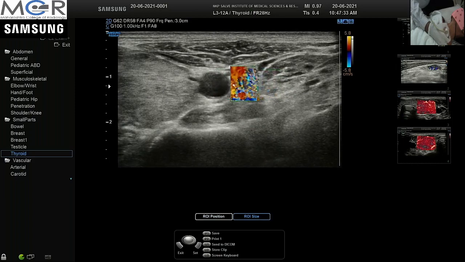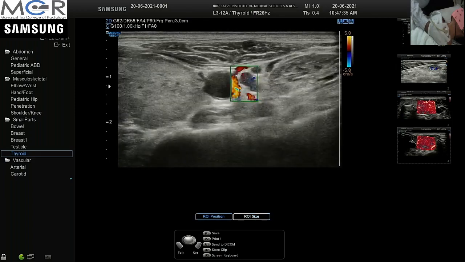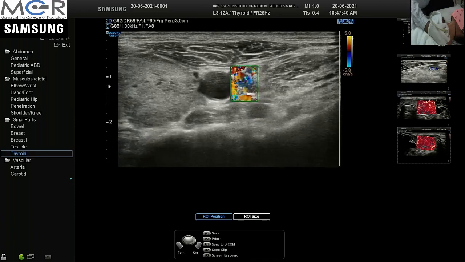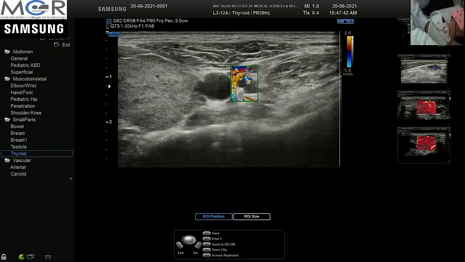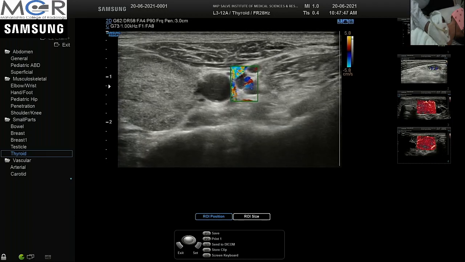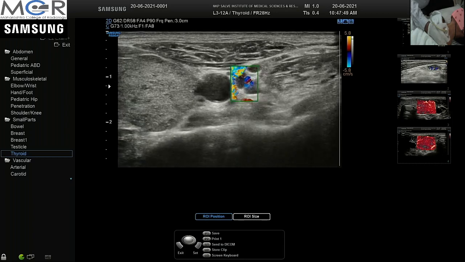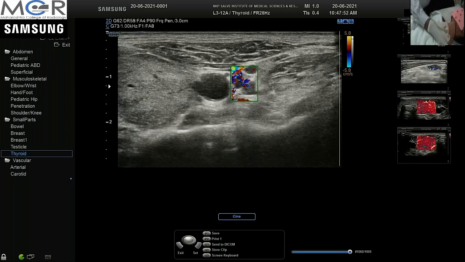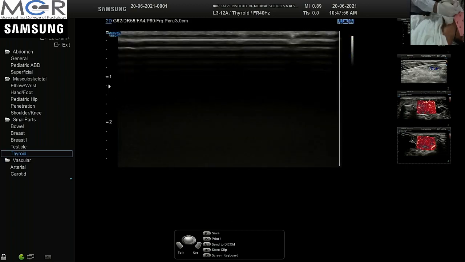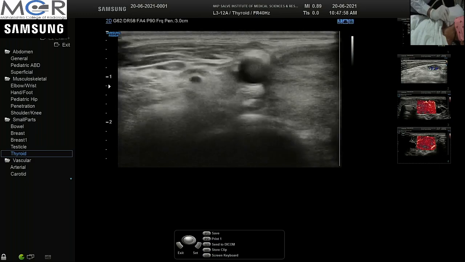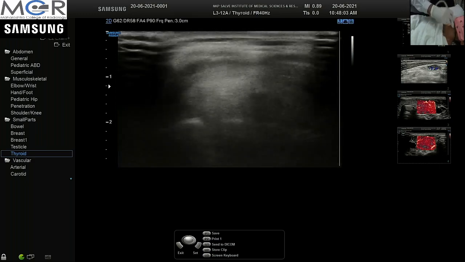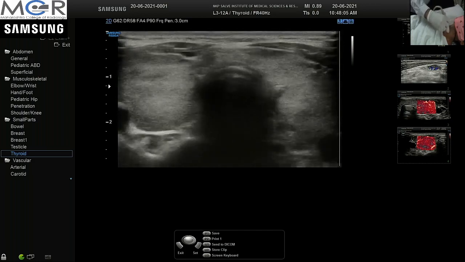We'll reduce the box size and try to see the node itself. So that is the hilar vessel and with the branching there. So we know that this is a normal node. So make a habit of seeing the nodes, applying Doppler with changing settings and applying power Doppler. Whenever in doubt, you can then work out what is normal and what is abnormal.